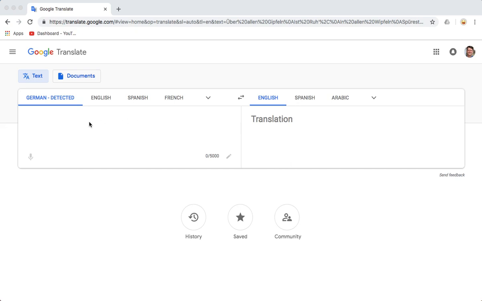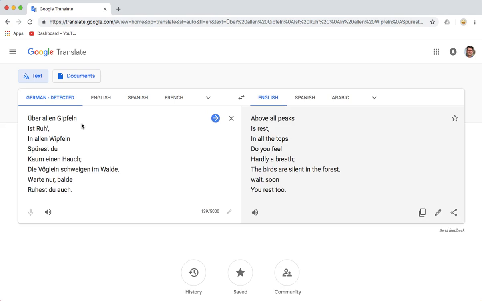So as you probably know, you can take a foreign text and paste it into Google Translate, and it will give you a translation into English over on the right. And these translations are getting better all the time. They're really sometimes very good. And that's probably for a number of reasons. But